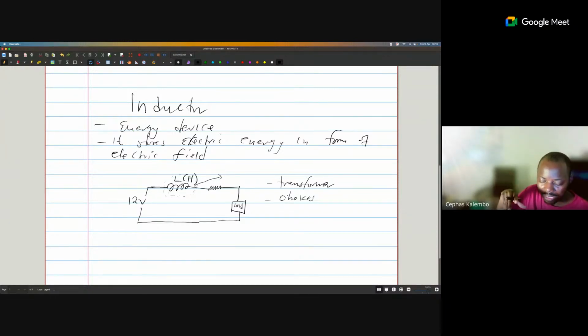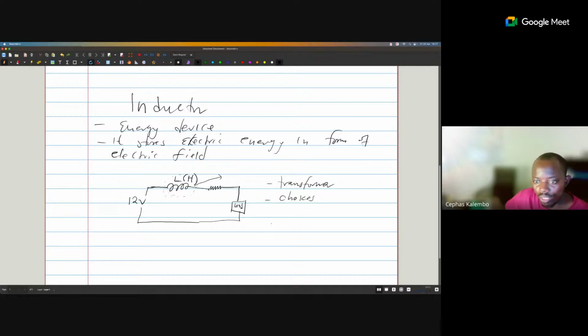When power from the mains flows through this inductor, it will start charging up until this magnetic field grows. Now when this magnetic field grows, it will keep growing. But at the moment when it collapses, it produces a high voltage. Now that high voltage when it collapses makes the fluorescent bulb go on. That's how